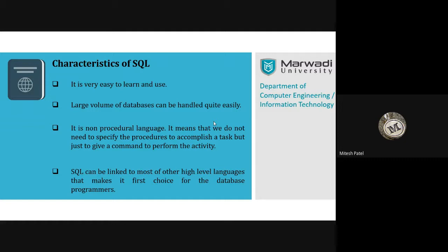For example, you have five choices, and I will say a simple statement in English: select anyone out of five, or select anyone from fruits. You want to select one fruit out of five fruits, so I will simply say select any one from five. In this way, select is one command. We need to learn that command syntax and we can apply it on a database. That's why it's a non-procedural language.